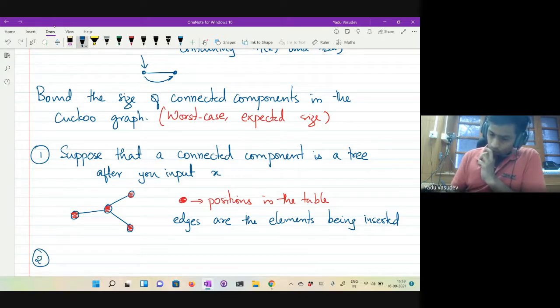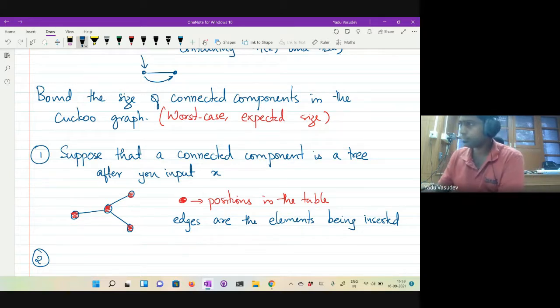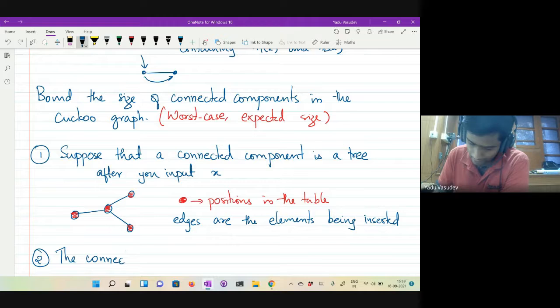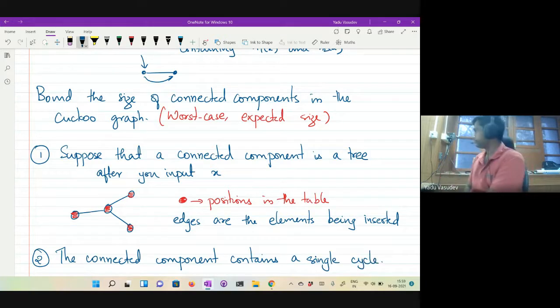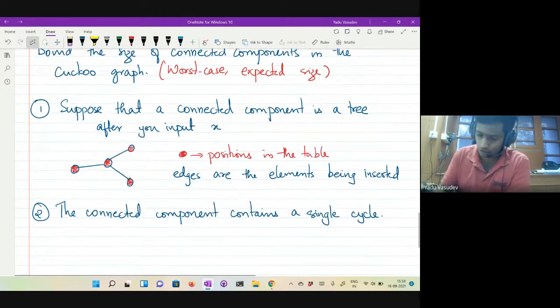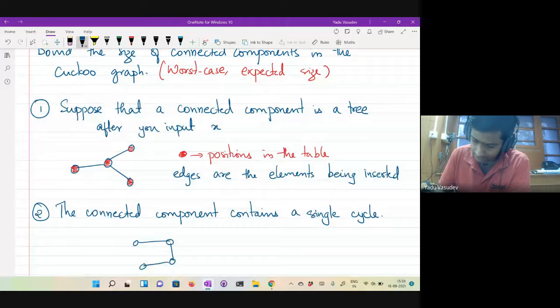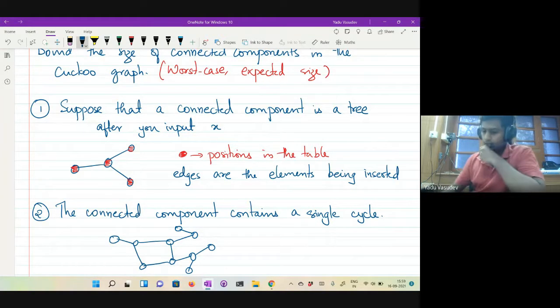What if the other case that can happen is that the connected component contains a single cycle? You could have something like this. What can you do now?